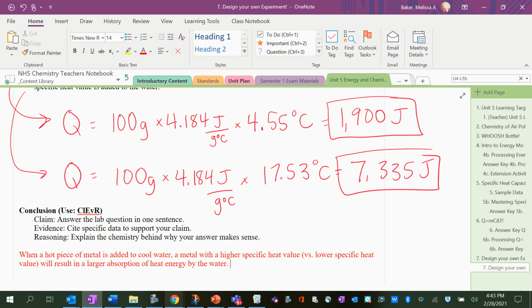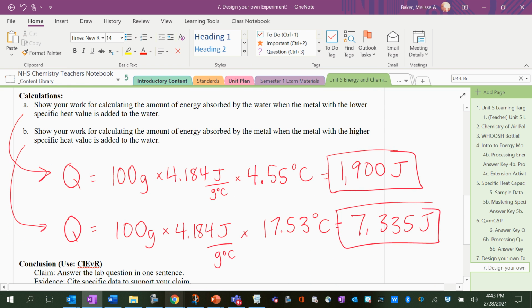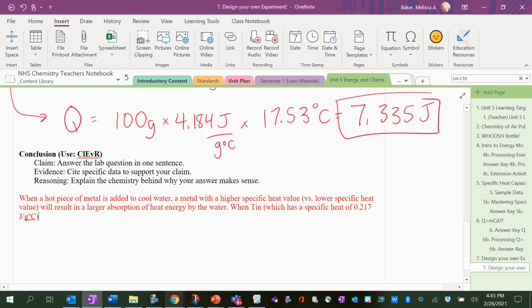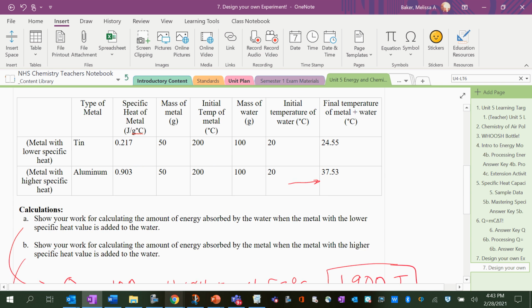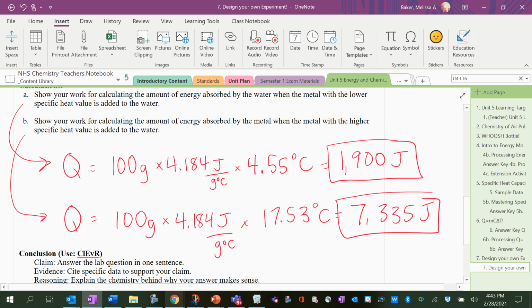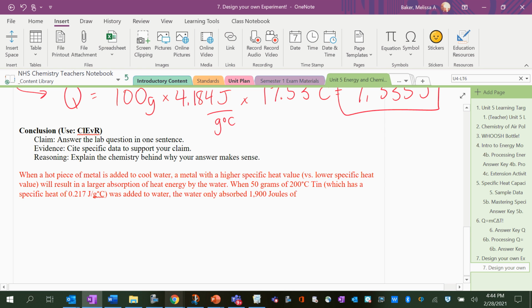So our evidence here is that when tin, which has a specific heat of 0.217 joules per gram degrees Celsius, was added to water, when, let's get specific here, when 50 grams of 200 degrees Celsius tin was added to water, the water only absorbed 1,900 joules of energy